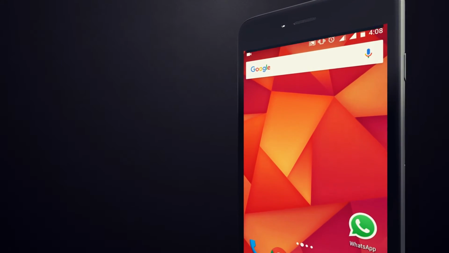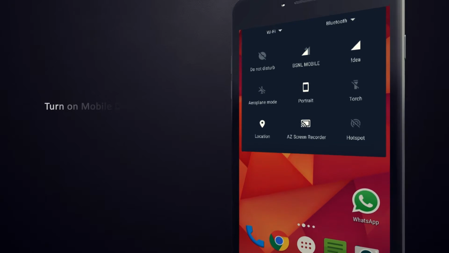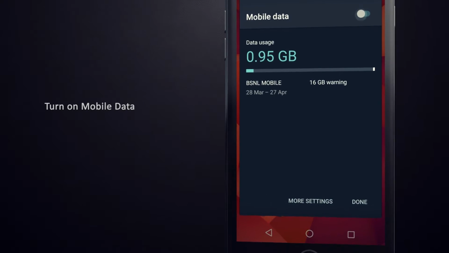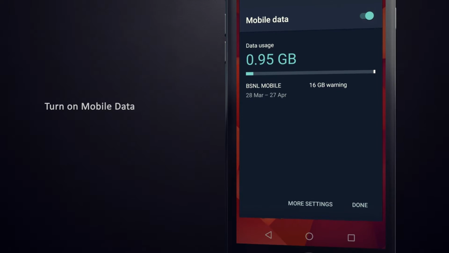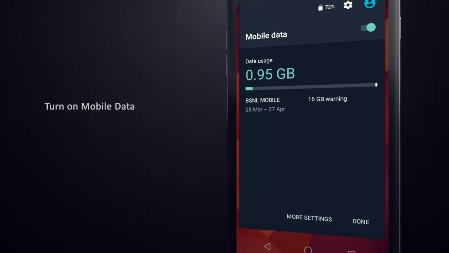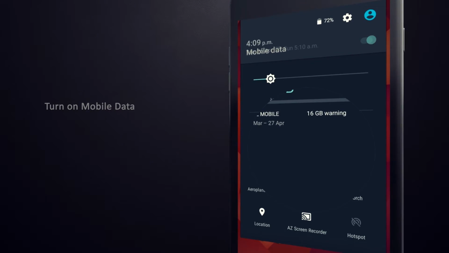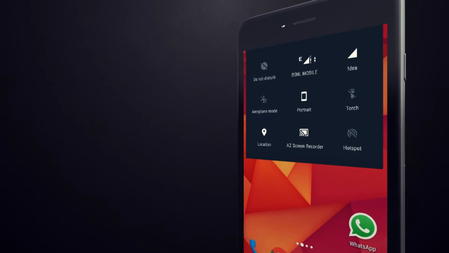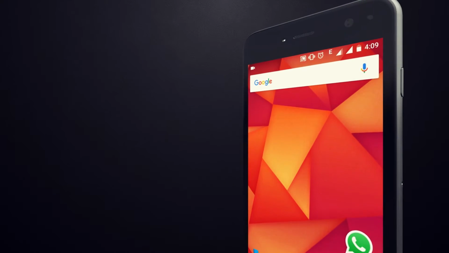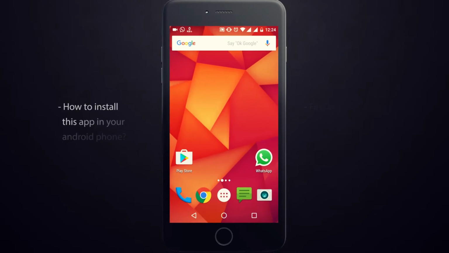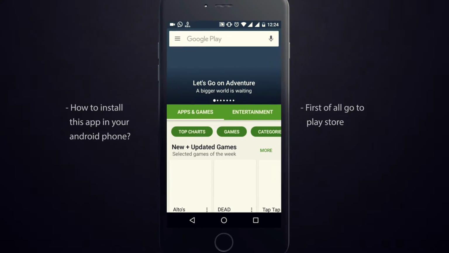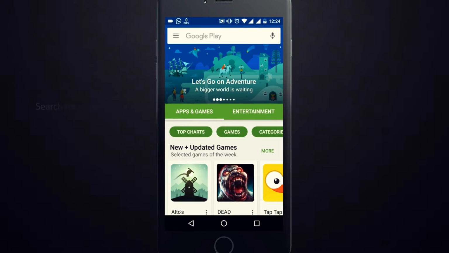To begin with, ensure that your mobile is connected to the internet through mobile data connection. To download the application, you need to visit Google Play Store on your Android phone.